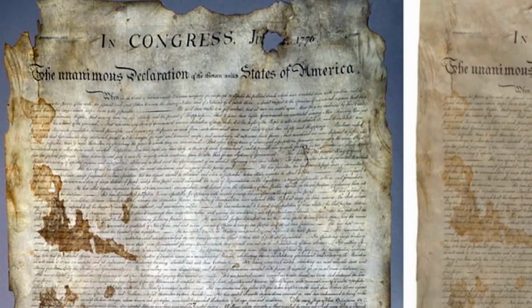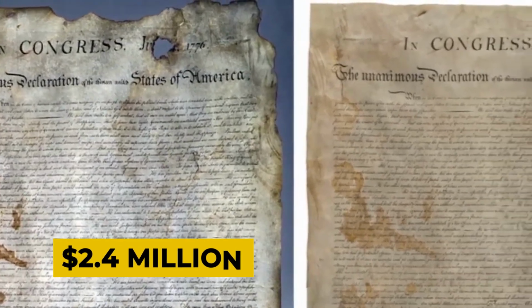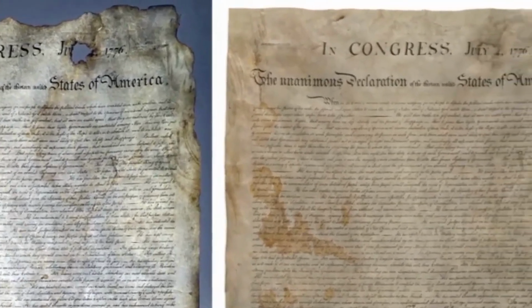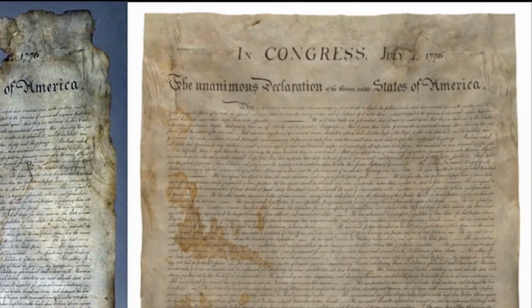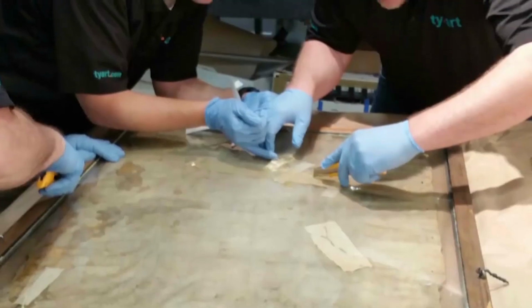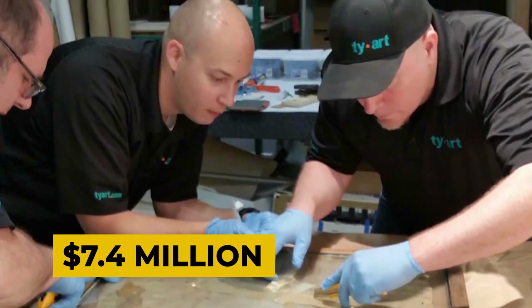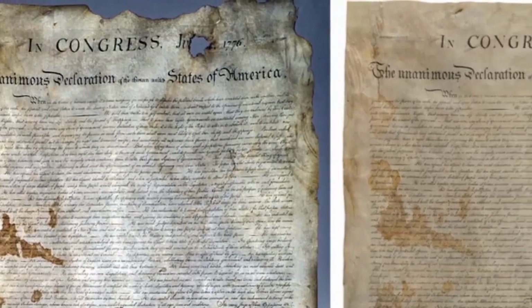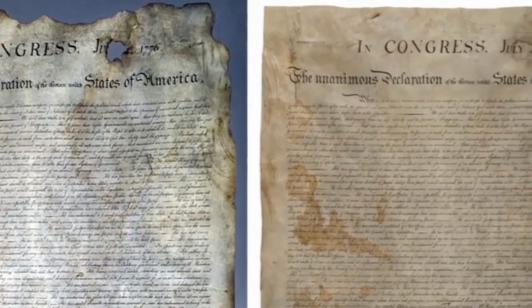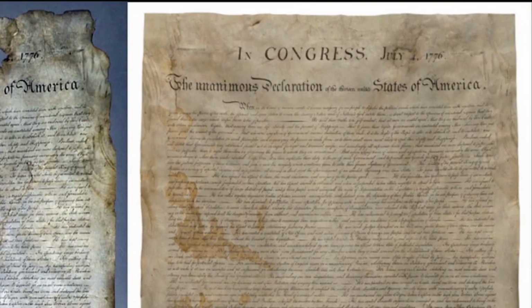Fast forward, he sold it in 1991 at auction for $2.4 million. Then the buyer, a company, flipped it in 2000 via an online Sotheby's auction, where TV producer Norman Lear purchased it for $7.4 million, about $8.14 million with commission. Lear and a business partner then took this document on a nationwide tour, sharing this piece of history with the public. It's now occasionally displayed for educational purposes,